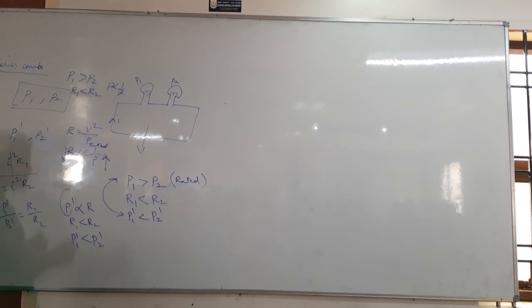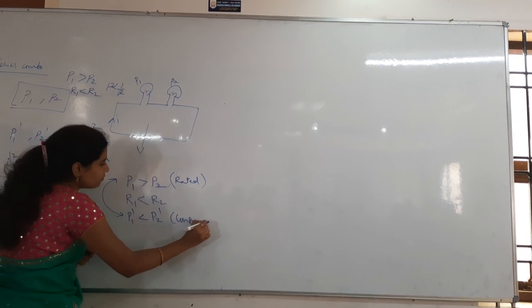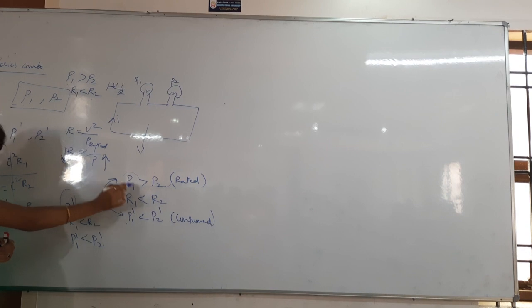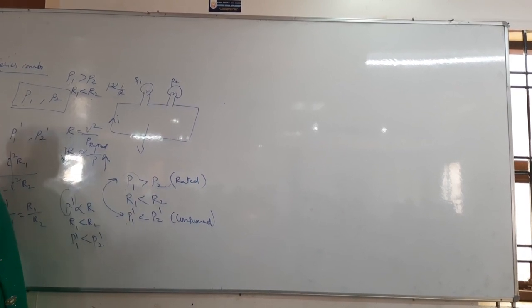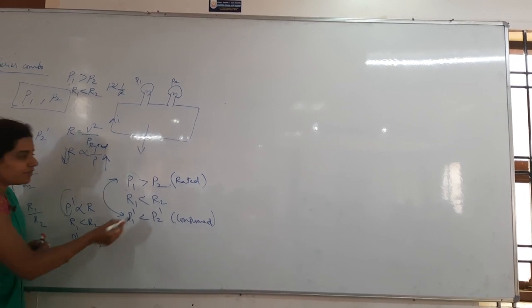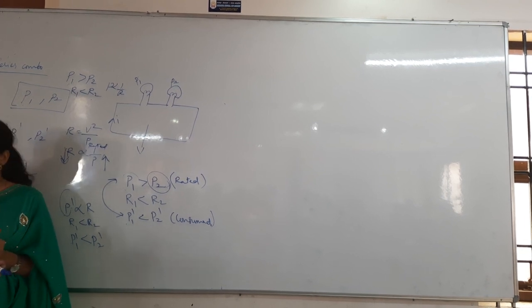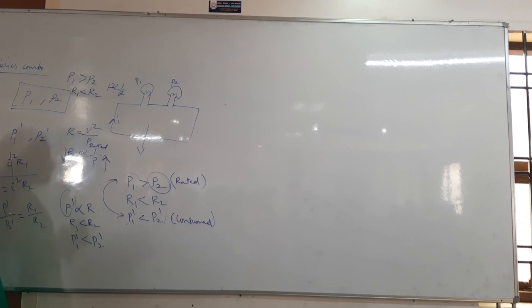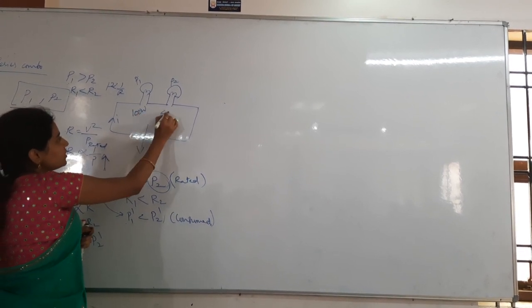See that this is about what power I said? Rated power. This is about what? Consumed power. So the bulb having more rated power will have less power consumption, nothing but less brightness also. Clear? The bulb which has less wattage, otherwise less specified power, will have more power consumption. Clear? Now in this case, if I say this is a 100 watts bulb, this is a 40 watts